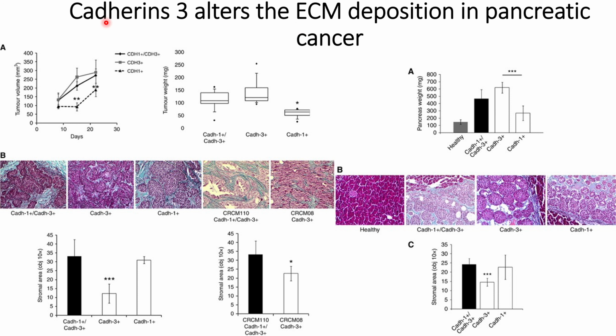cancer cells. First, they checked the effect of these Cadherins on tumor growth and tumor progression. They implanted these knockout cell lines and the wild type control into the mouse model, and then measured the tumor volume and tumor weight after different time intervals. They see that when Cadherin-3 has been knocked down, there is a decrease in the tumor volume, compared to the case where Cadherin-1 has been knocked down, where the difference in the tumor volume between the wild type and the Cadherin-1 knockdown is